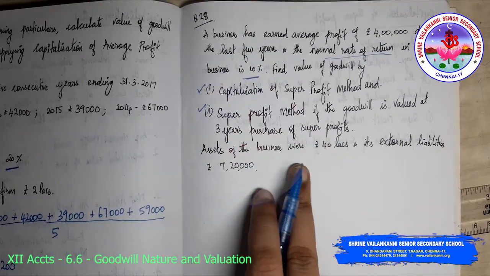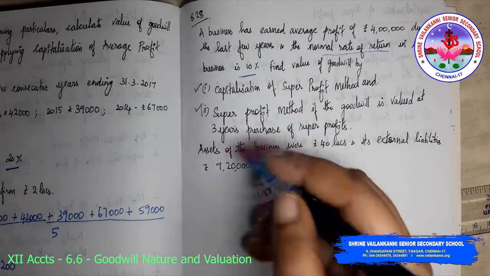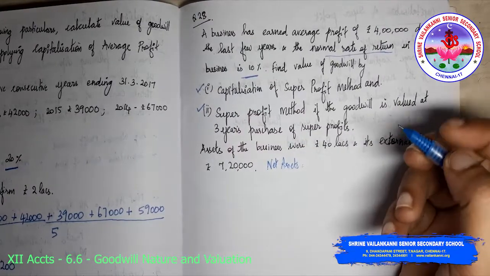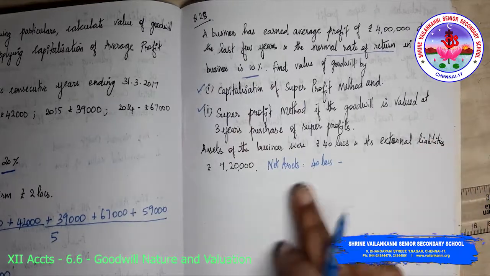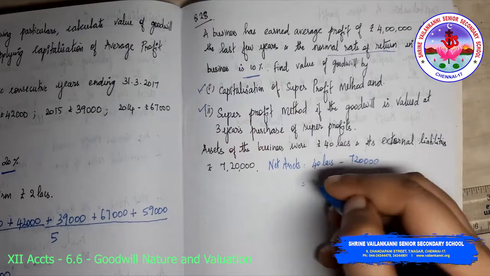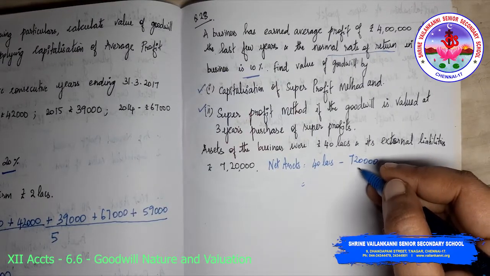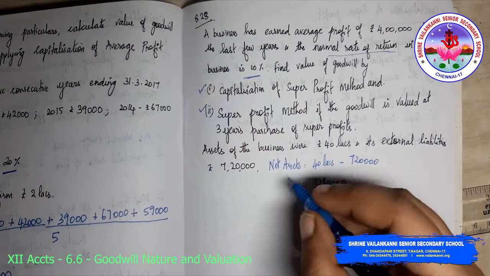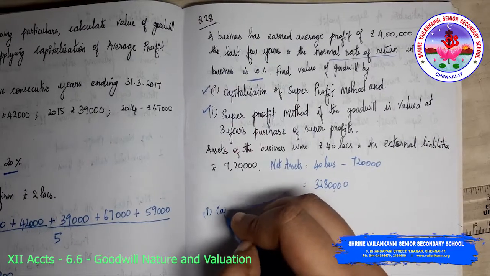Assets of the business were 40 lakhs and its external liability is 7,20,000. So my net assets would be 40 lakhs minus external liability, outside liability, 7,20,000. So 40 minus 7 is 33 minus 20, so 32 lakhs 80,000 is my net assets. Okay. Now first method I am going to find out under